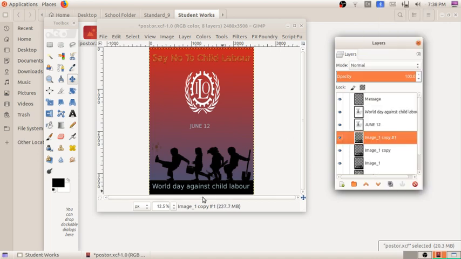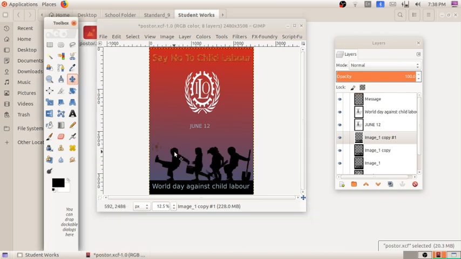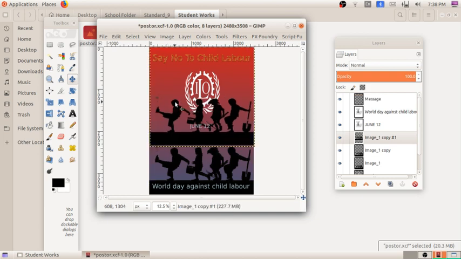By using the move tool, the picture is moved, and you can see another picture here. There is an option named flip tool. This flip tool is used in the GIMP window to make the picture face the other side. Here the students are standing in the left position, so we can make it the right position. How can we do it? In the opposite position we can make it by using the flip tool. Here you can see the flip tool.